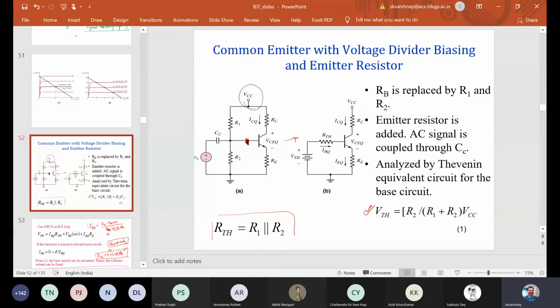You try on your own. If not, then I can put it up. Maybe Wednesday I will send it in my handouts. I will prepare it and upload it, step by step. But you have done the voltage divider, I think you might be able to do it. In the experiment also you have done this Thevenin equivalent, the voltage divider circuit. We will try it on our own first, and if we are not able to, then you can send it.